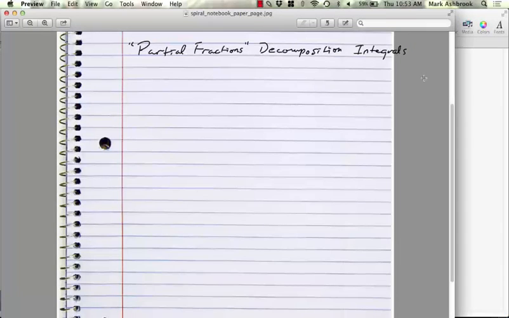Partial fraction decomposition integrals. Okay. So if we have an integral like this,